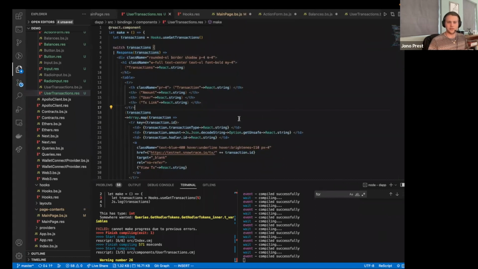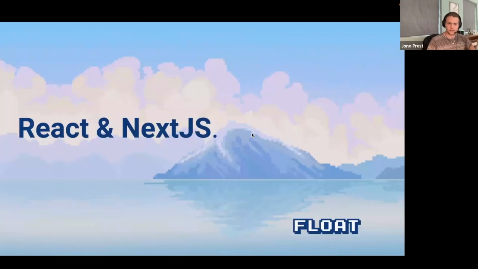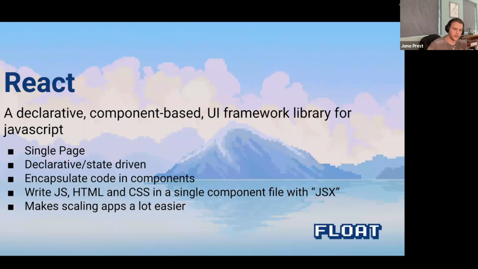Sweet. Okay, cool. Last things about the UI, let's have a dig into React and Next.js. This is the guts and the framework we use for developing the dApp. React is a declarative component-based UI framework library for JavaScript. What that means is I don't write,